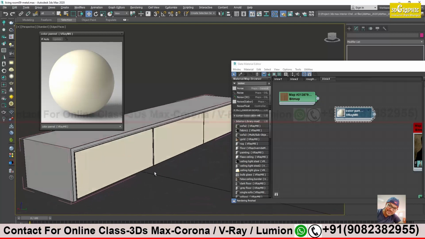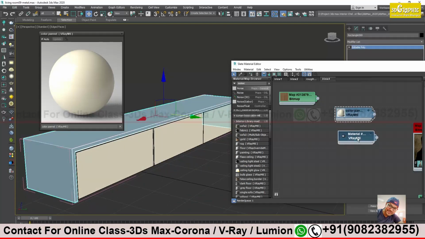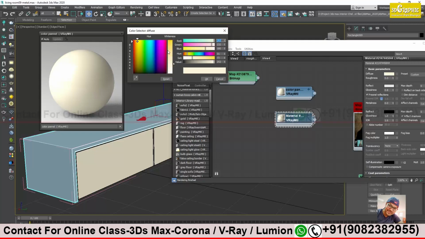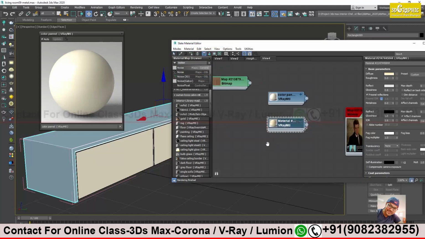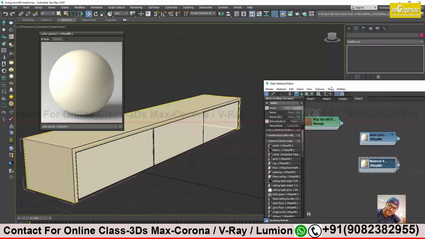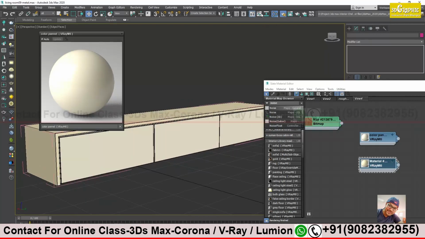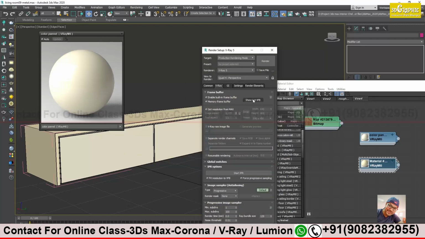I will make one copy of this, make it a shade darker so that it looks like it is from the same family, and apply it over here.